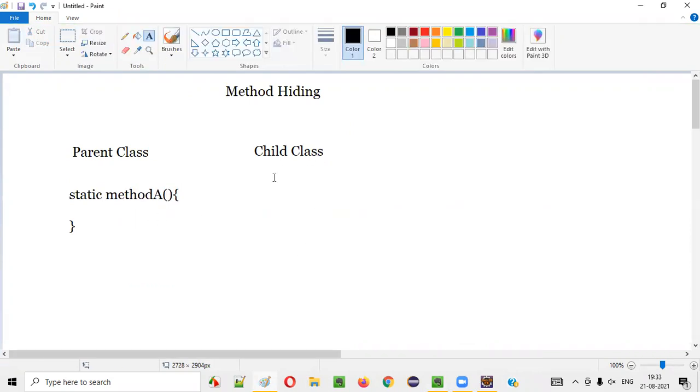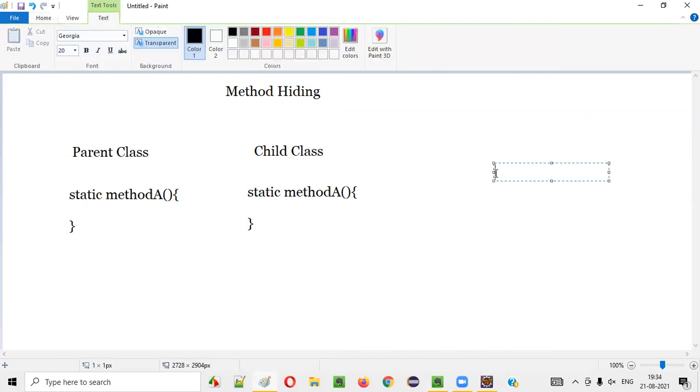Now, in the child class also, we have the same static method. Now, can we say that the method in the child class is overriding the method in the parent class? The answer is no, guys.